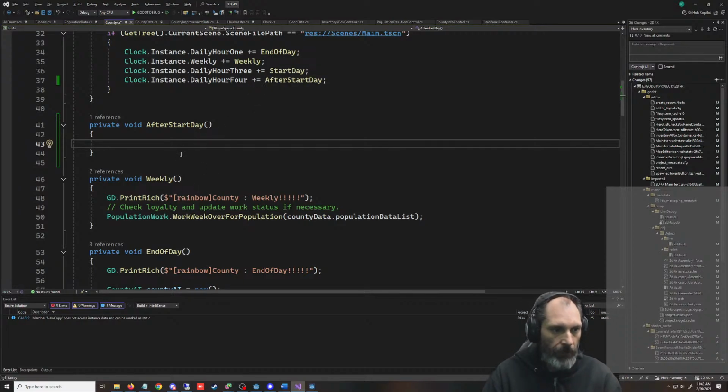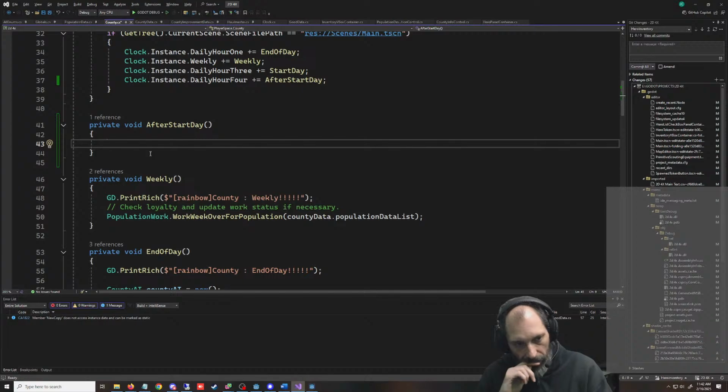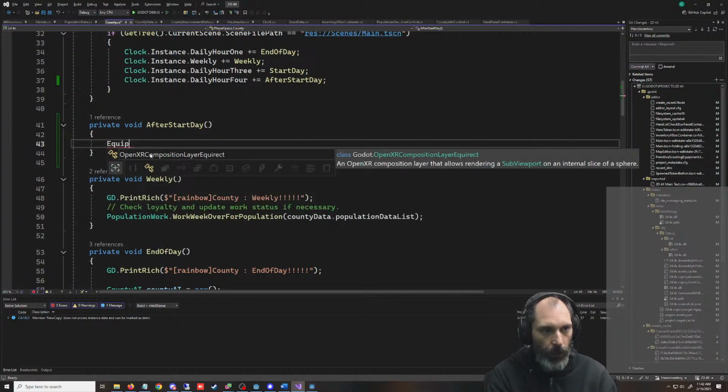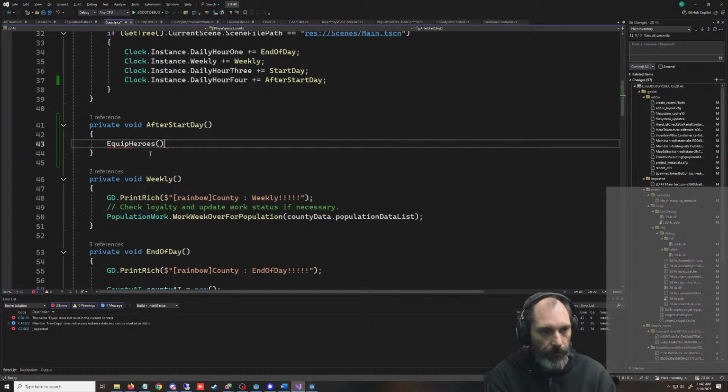It doesn't matter. It'll be fine how it is. Maybe we'll do this one at some point, but for now, all that matters is this. So we're going to create a thing called equip heroes. And we're going to generate this.